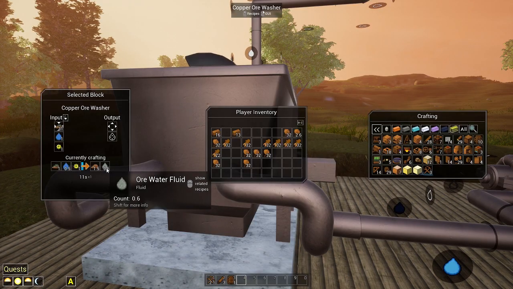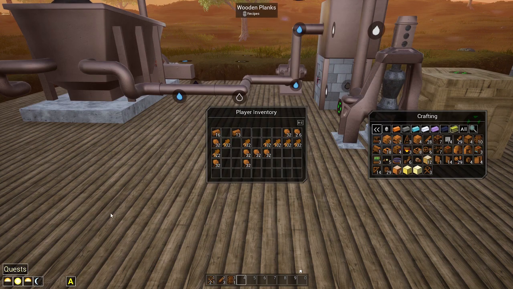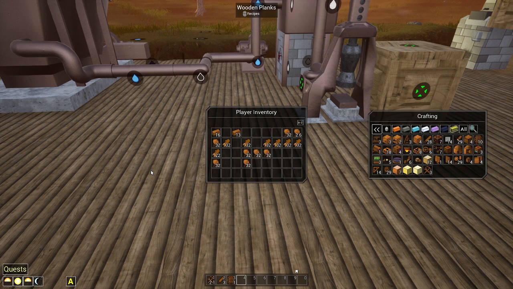It'll also produce ore water, which you need to get rid of. Which, when you complete this quest, it gives you one of these tank thingies. Is what that goes into. So we can also make one of these guys really quick. The macerator,